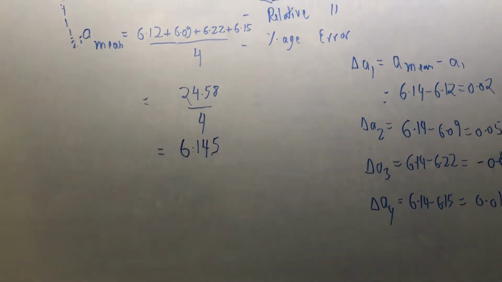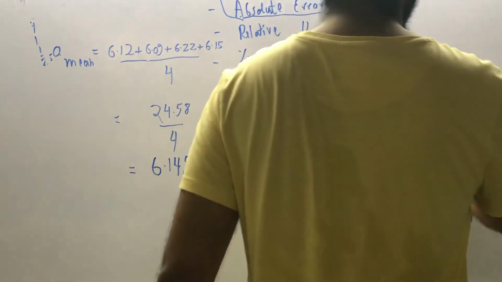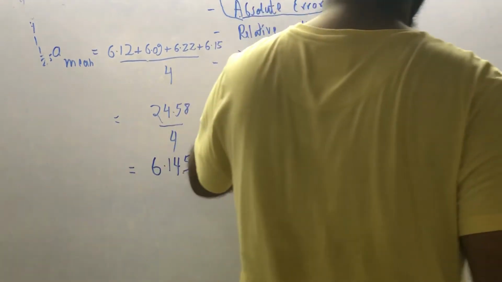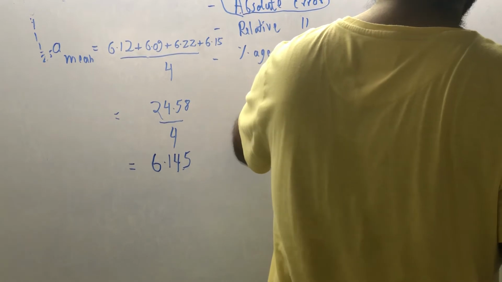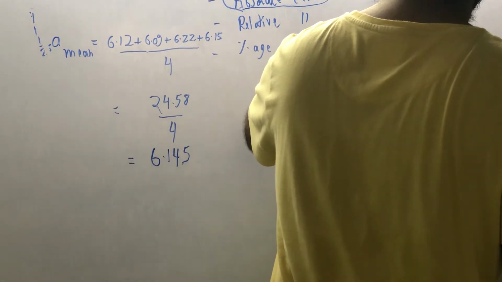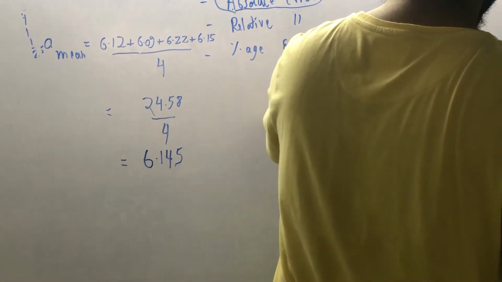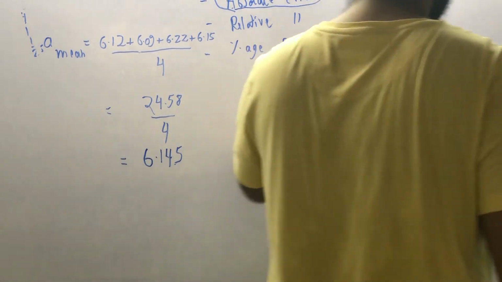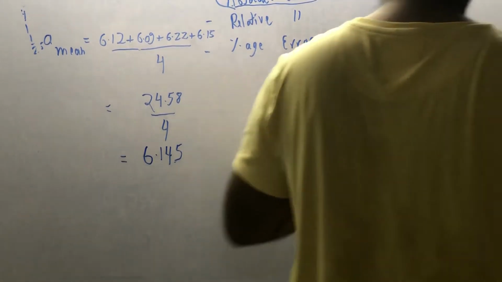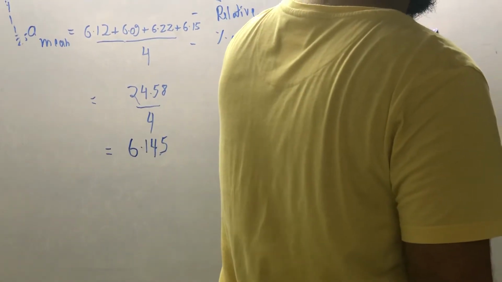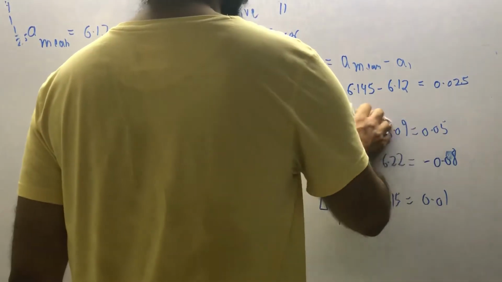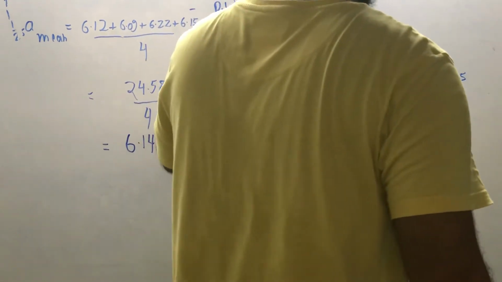Okay, so we will just use that value. Okay, so this is 0.025. Okay, this is 6.145